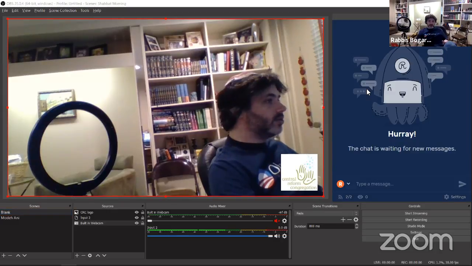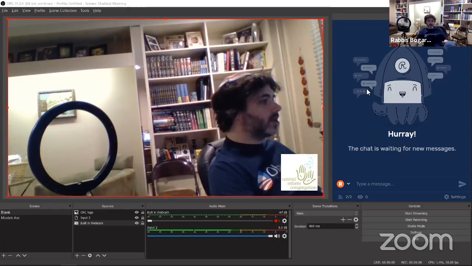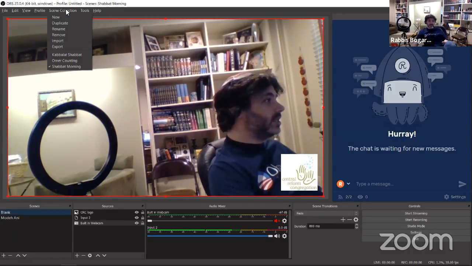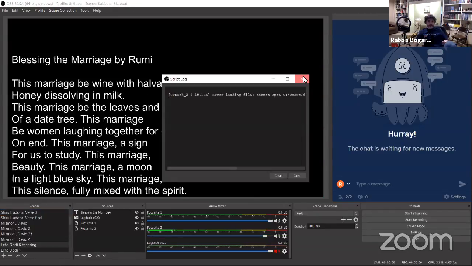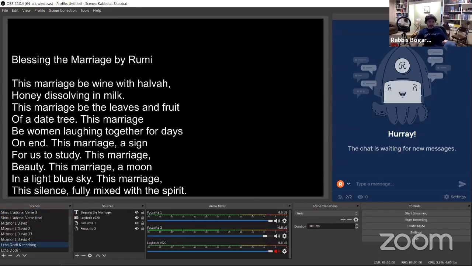Basic question, are you creating a whole service Siddur this way superimposed on one camera? Yes, that's what I'm doing. And I do them as scene collections. So here's a finished one. For instance,